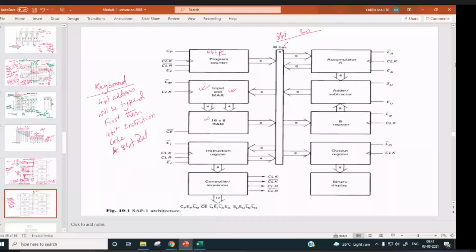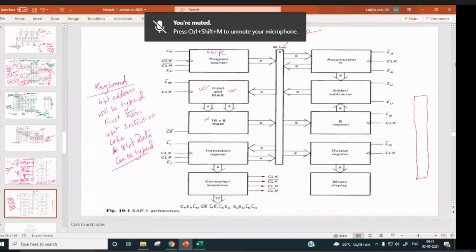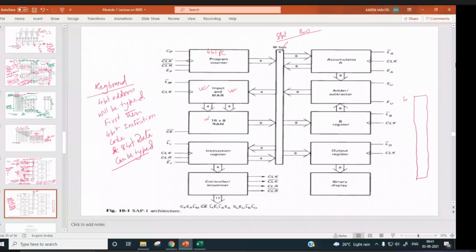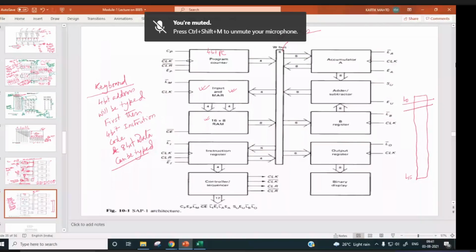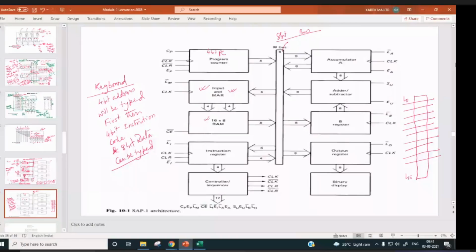Right. So here in this memory, we have 16 different locations, L0 to L15. In each location, we can have 8-bit storage. Out of this 8 bits, we can use 4 bits for instruction and the next 4 bits for address.